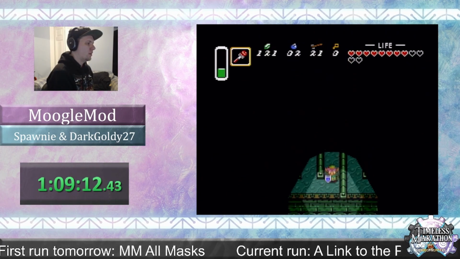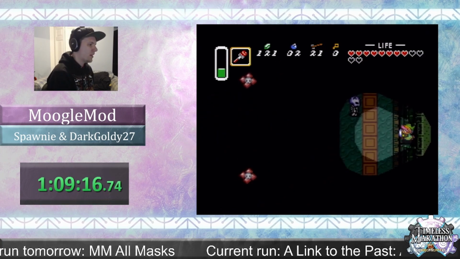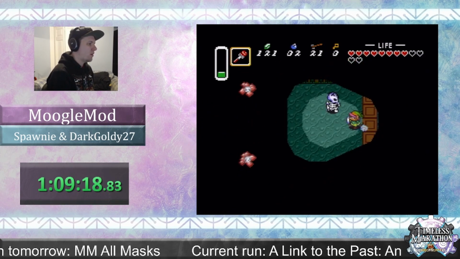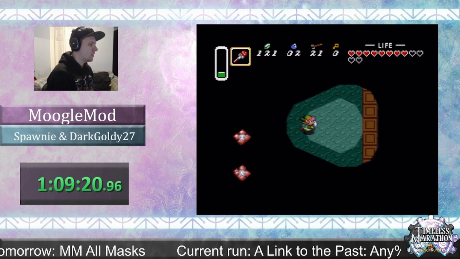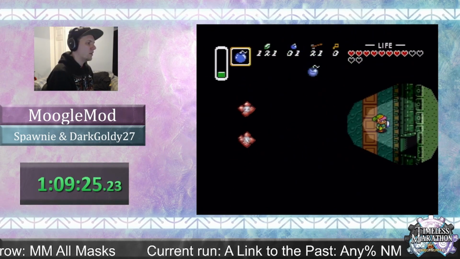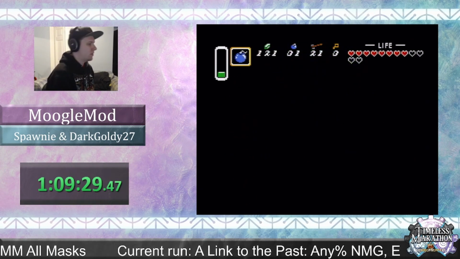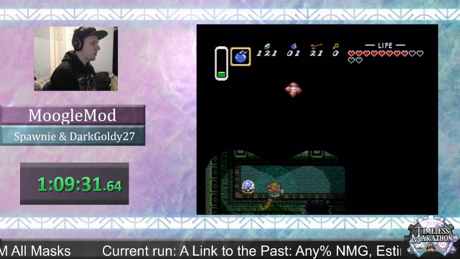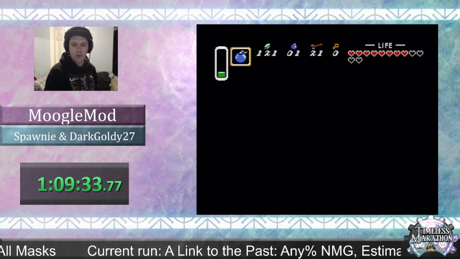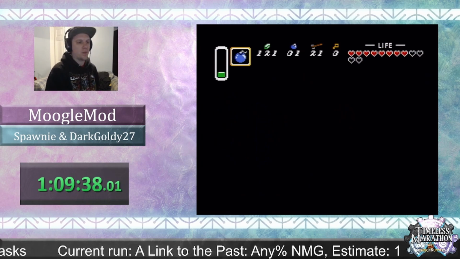So, for reasons unknown to us, fire rodding that switch, or fire rodding that spike trap, activates the switches, but something went wrong on the second part of that trick, so the extra bomb ended up being worth it. Yeah. Otherwise, this would be... anticipating that,